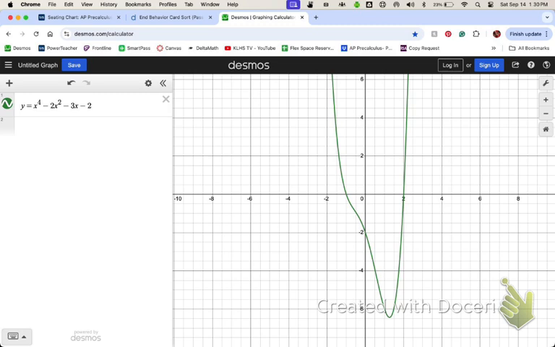But I also know that the degree of this function is 4. And that fundamental theorem of algebra that is in your notes says that we will have the same number of complex zeros as the degree of our function. So saying that it has exactly 2 cannot be correct